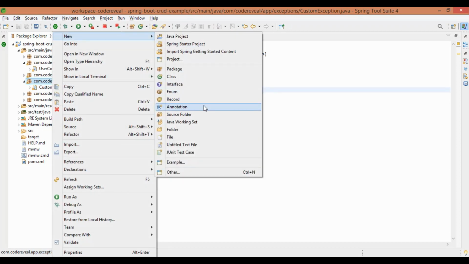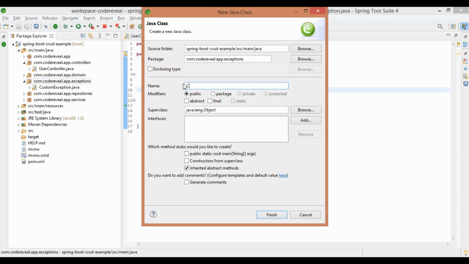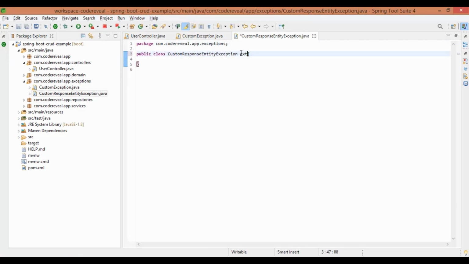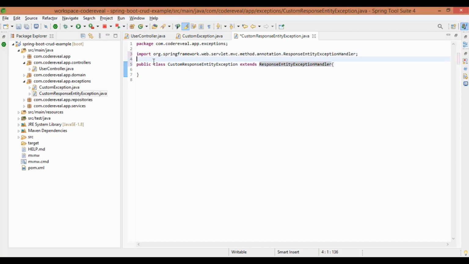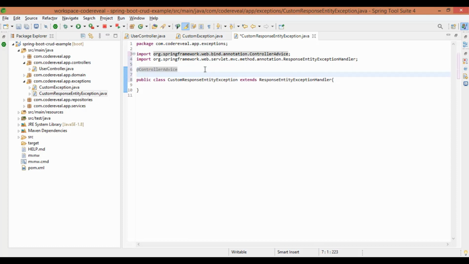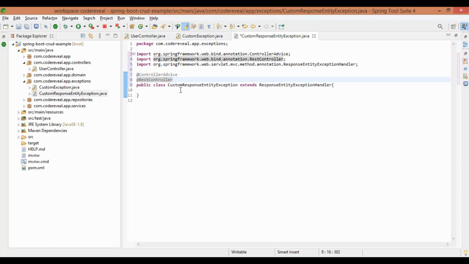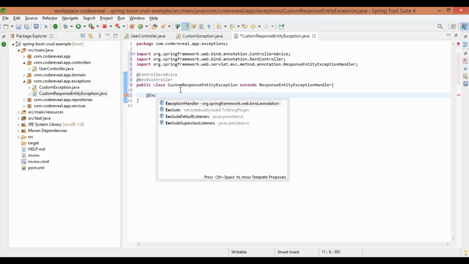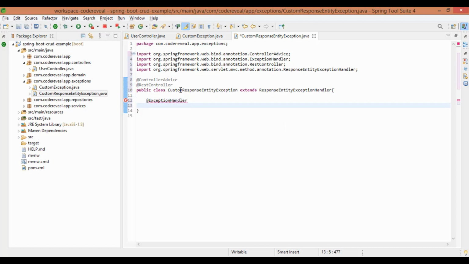Let's add one more class here, the custom response entity exception, and we extend the ResponseEntityExceptionHandler. The response entity exception handler is a controller advice class. So controller advice will be applicable for all the REST controllers defined in the project.